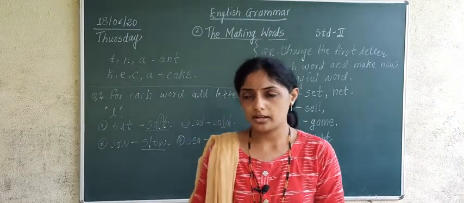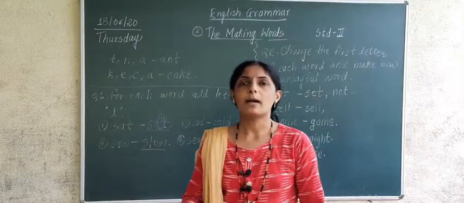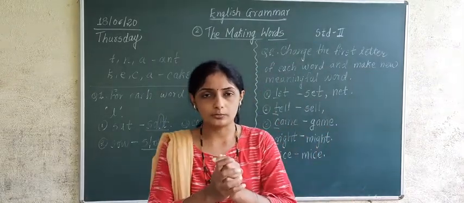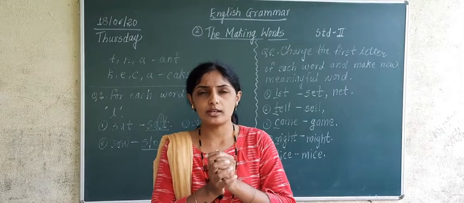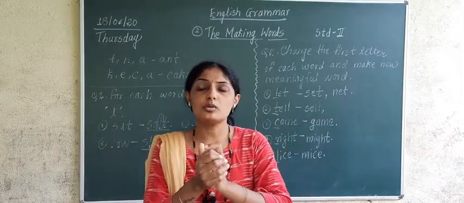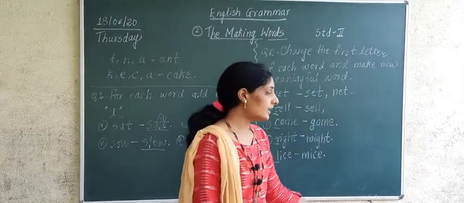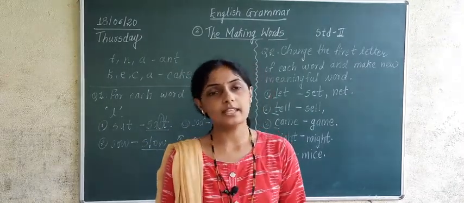And I think you have understood how to make words. Words are made by putting letters together. Which letters are put together? Letters from A to Z are put together to make new words. Have you understood? And there is another question. That question I will take in the next period.